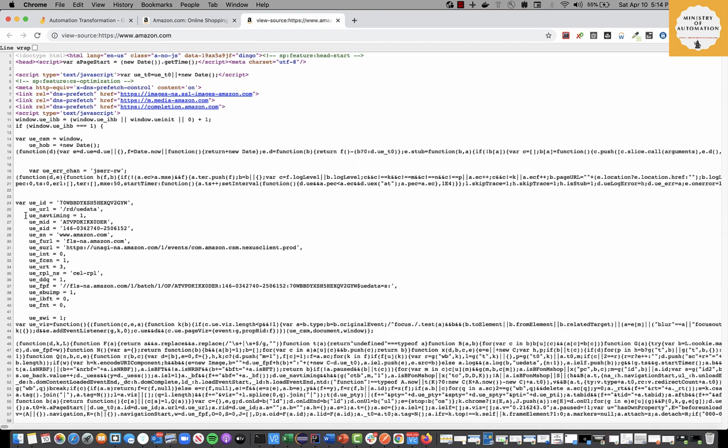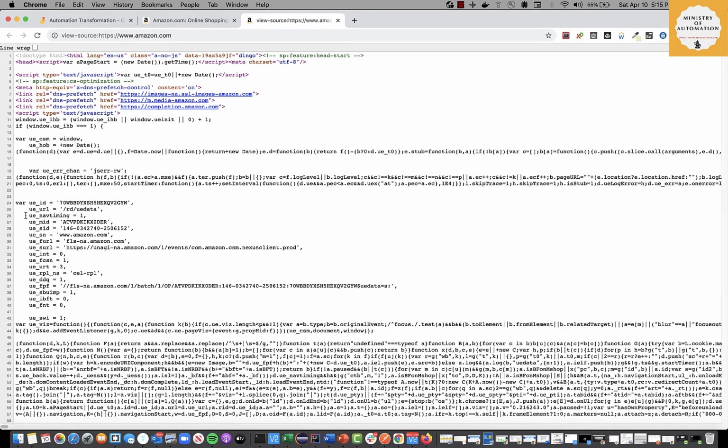So in simple words, the browser is not generating anything for you. The browser is just a mediator between you and that web server, and it is just able to decode whatever is sent to it. And what is sent to it is just HTML. Of course, there will be a lot of things in that HTML. You will have JavaScript, you will have CSS, and there will be a lot of other technologies. So I'm not going into that depth.